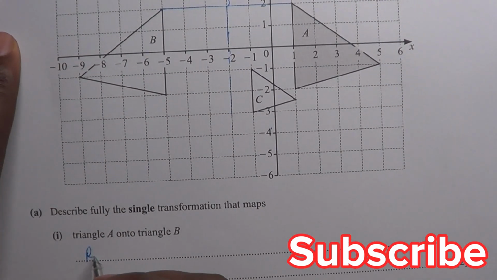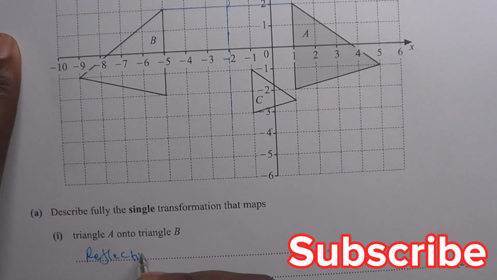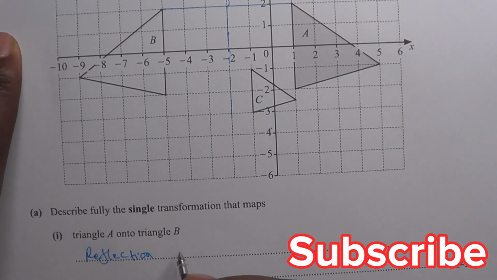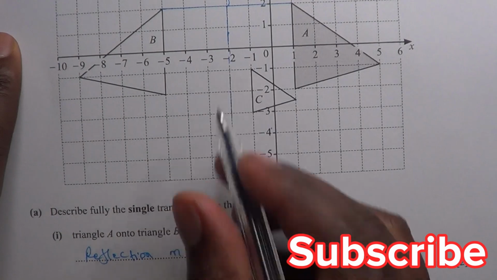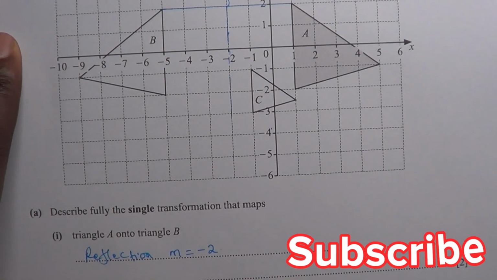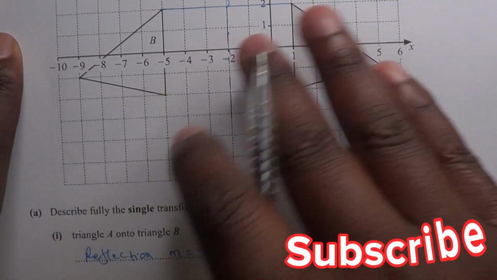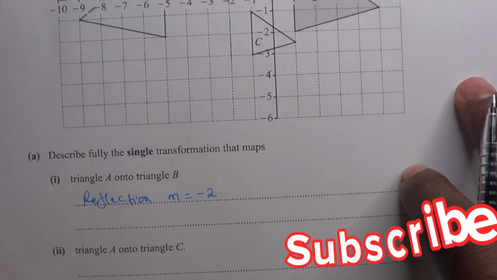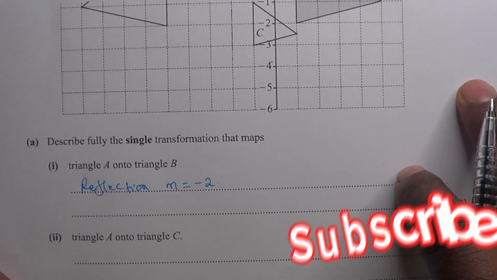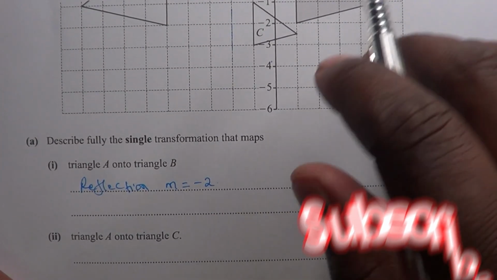Can you write here? Reflection, that's mirror at -2. Reflection, mirror at -2. So the second one we're being told is triangle A